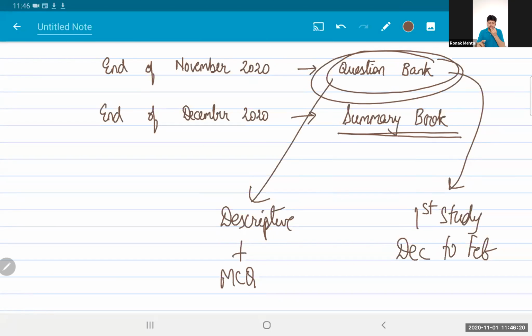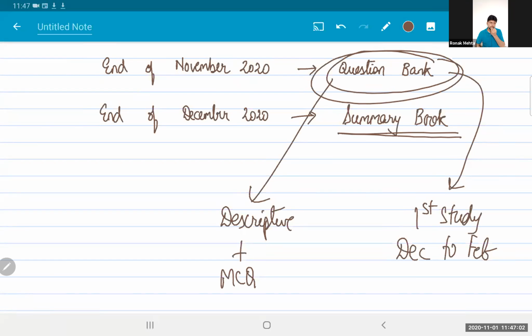Main book, first study. Revision maybe you can use the main book. Important topics, you can highlight it. You can study from the revision, the March to April revision that you will do. You can study it from our main textbook also. You can refer the summary book at that point of time also. That's your choice. By December end, the hard copy will be in your hands. So you can glance through the summary book and you take a call when to use the summary book. During revision, during your paper writing, during exams in May, when to use it is your prerogative, that you decide. Up to December 2020 you will get these 2 books.